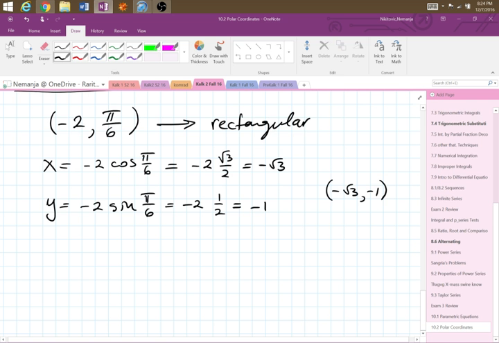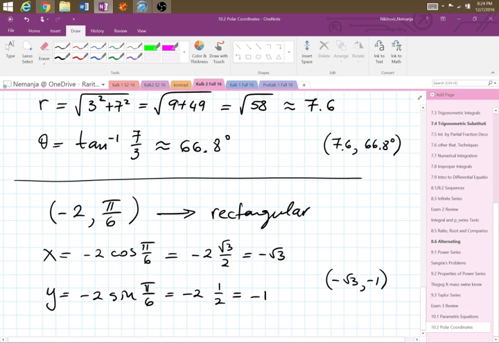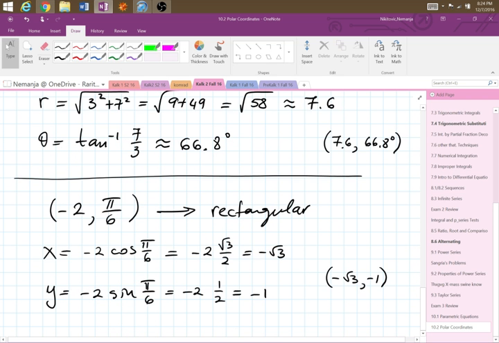The coordinate variable is negative 3. Negative 1 for y. And negative 1.7 for